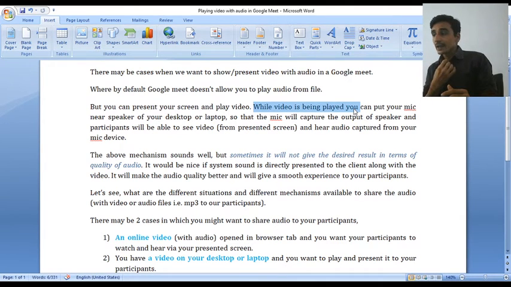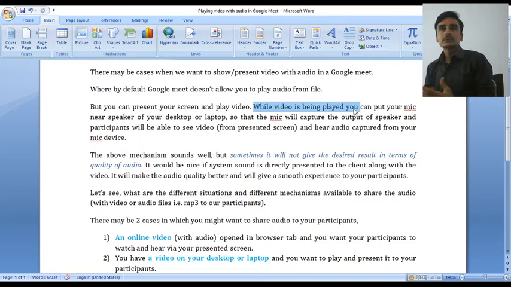The mic will capture the signals generated from the speaker and pass these signals to the participant, and the participant will be able to hear that audio while looking at that video.